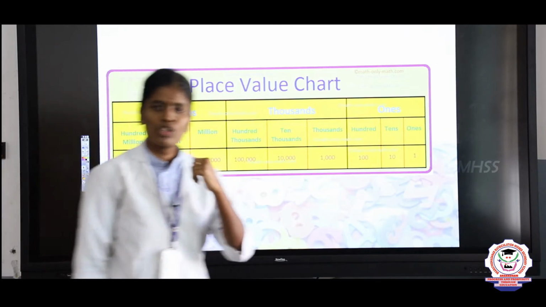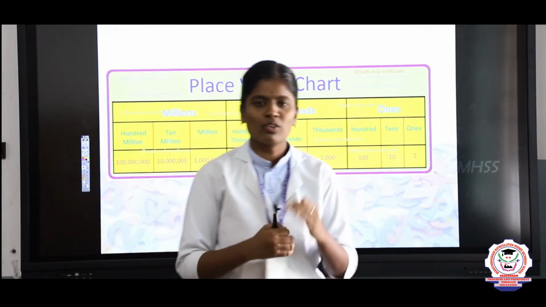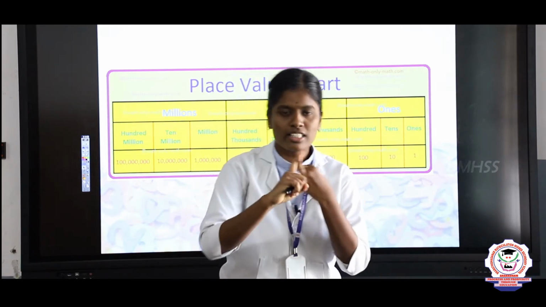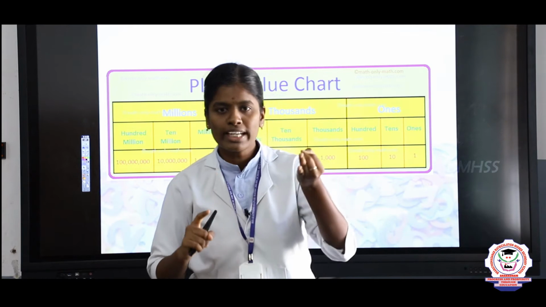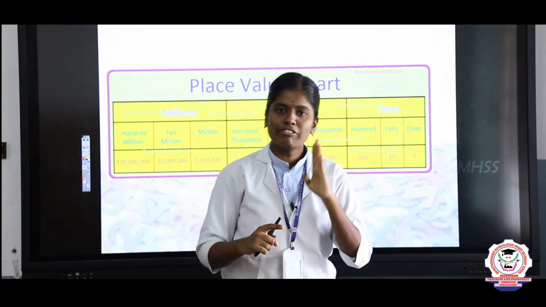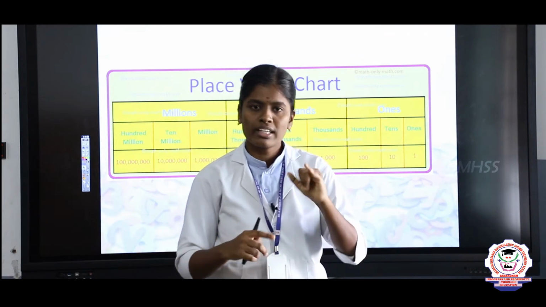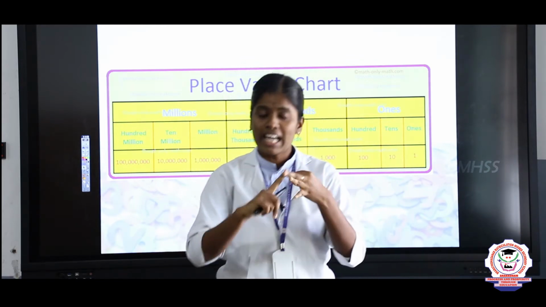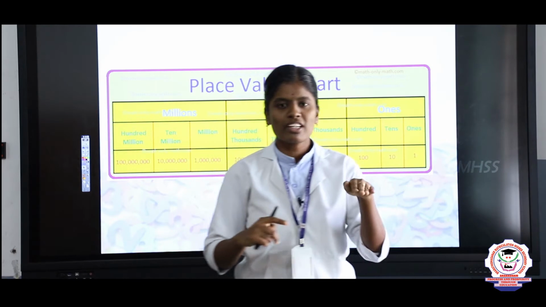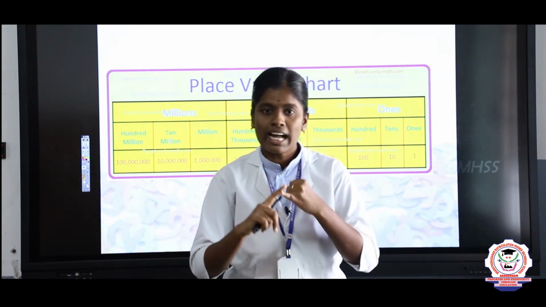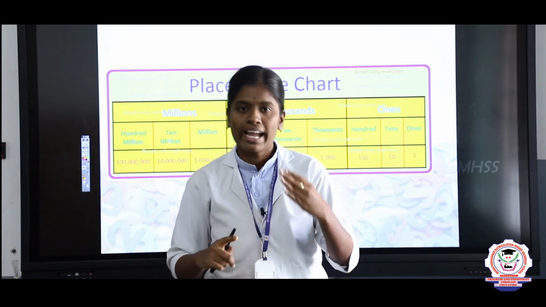So today's first topic is to write the international place value chart. In maths, in 5th standard you have the Indian place value chart and the international place value chart. Already you know the Indian place value chart. There we have 4 common periods and 9 sub periods. What are the 4 common periods? Ones, thousands, lakhs and crores. The sub periods are ones, tens, 100, 1000, 10,000, lakh, 10 lakh, crore and 10 crore.